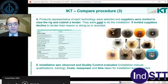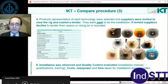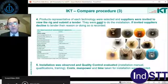So we selected these products, or rather the steering group selected them. And something to bear in mind is that when we do these projects, we invite the suppliers in to see the experimental setup and comment on it. If they say, actually, what you're asking us to do is something our product cannot do, we accept that. And it may be that they decide to continue anyway, but we don't include that in the evaluation because they declared that they can't fix that, but it may be done for experimental purposes. So they get a chance to comment on it, and we take that into account when we are devising the final